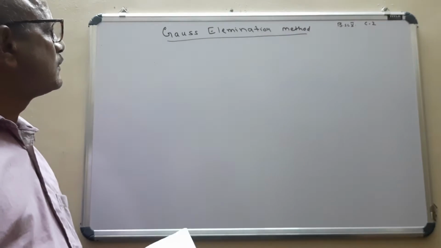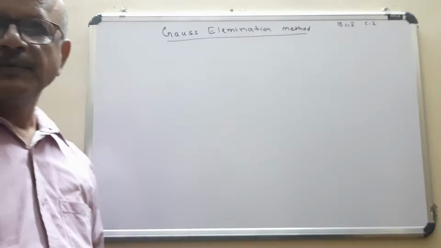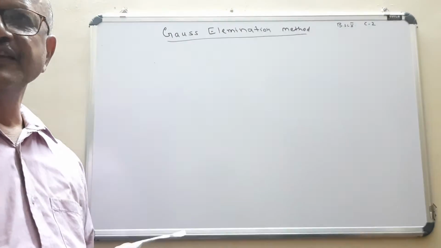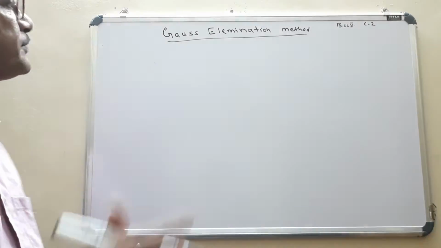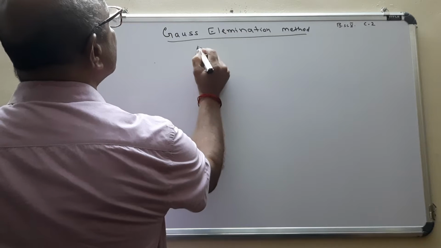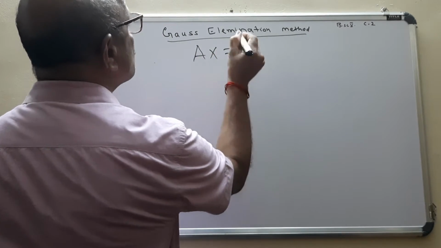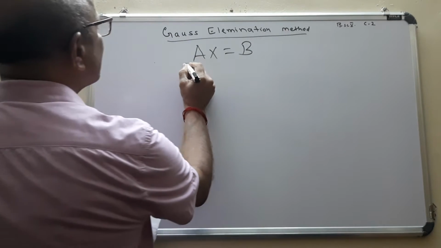Hello dear students, now I am going to explain the Gauss elimination method of solving a system of n linear equations in n unknowns. We know that a system of n linear equations in n unknowns can be written in the matrix form as AX = B. That is,